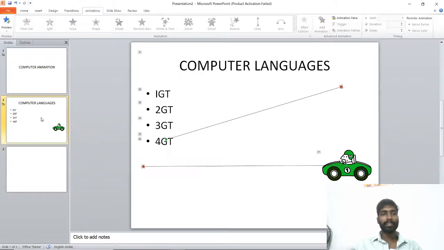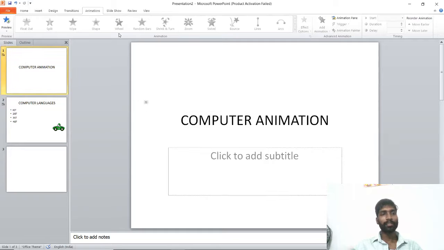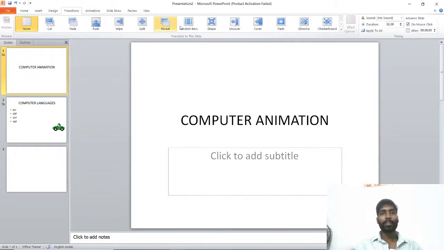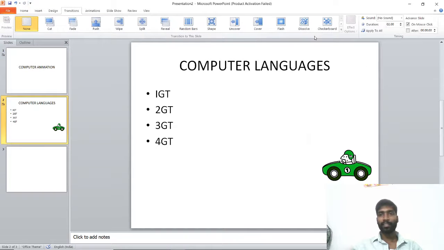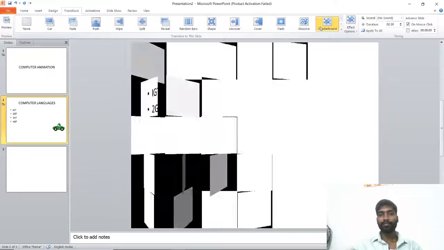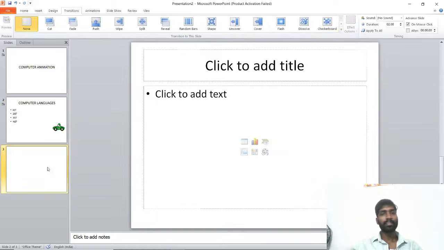If you want to do the transition, on the left side the slides are there, just one click, and we can select transition. Now I am selecting the second slide, and now I am going to select the third slide.